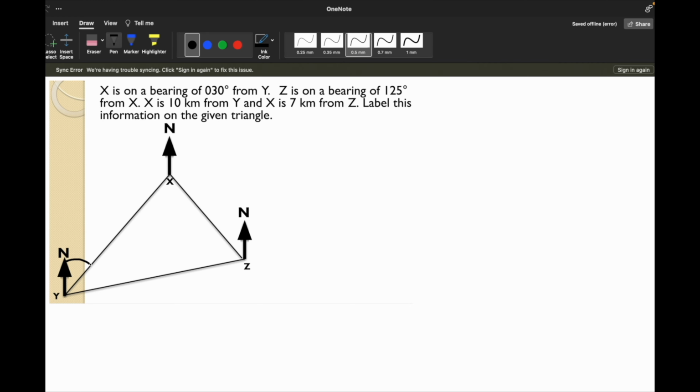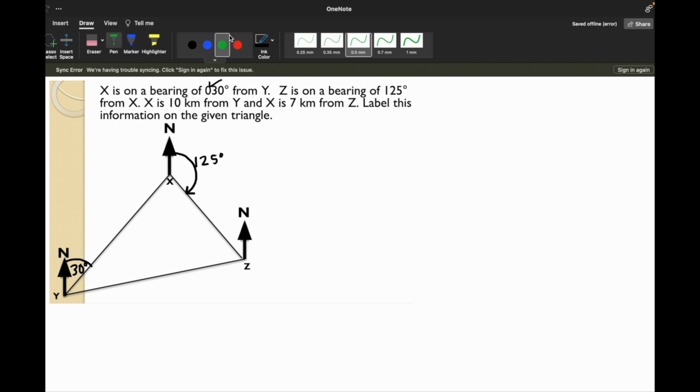So this is Y and here is going to be 30 degrees. So we have this done now. The next thing is Z is on a bearing of 125 from X. So this is Z and our starting point is X. So we're going from X to Z. We always start from naught and we go clockwise. So from X, which is our starting point, to Z. Alright, so we're here now and this would be